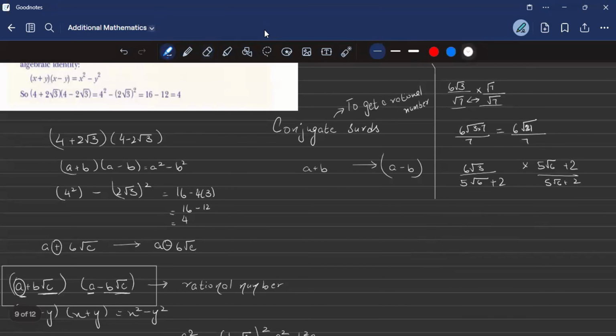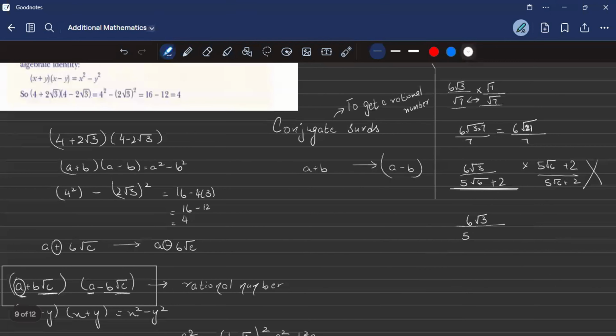That's where conjugate surds come in. We have been discussing those things from the start of this lecture, and that's what this build-up was all for. So basically, in these types of questions, we don't multiply by the same under root value. We multiply it by something different. This would be wrong. We multiply 6 under root 3